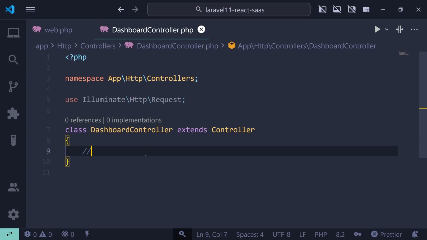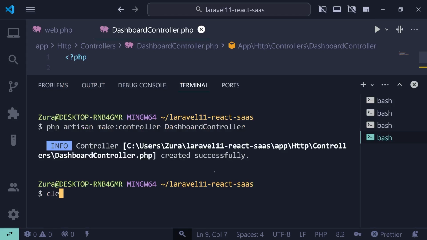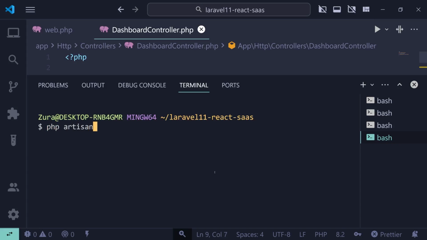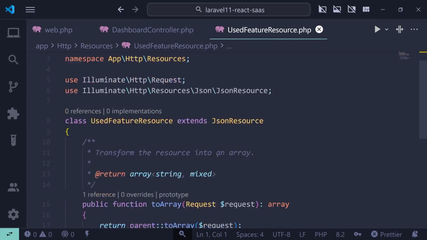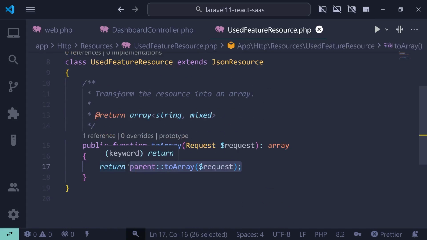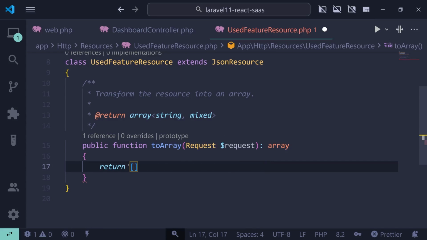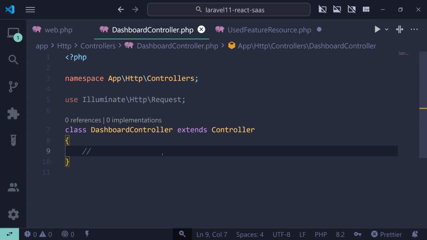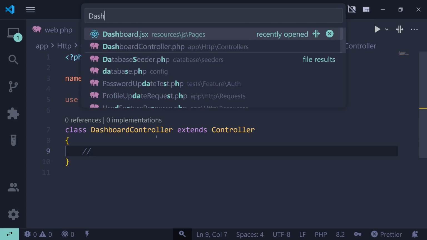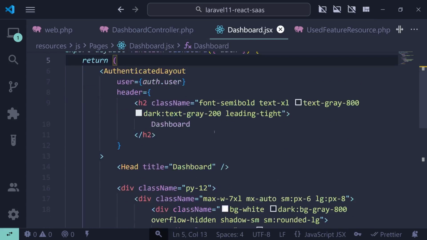Okay, so I will need to also create used feature resource. So I'm going to execute php artisan make:resource UsedFeatureResource. Let's hit the enter. Okay, that was also created. Awesome. And now we're going to write the corresponding fields right here. We're going to populate the dashboard controller, and I'm going to also open dashboard.jsx, and I'm going to render table